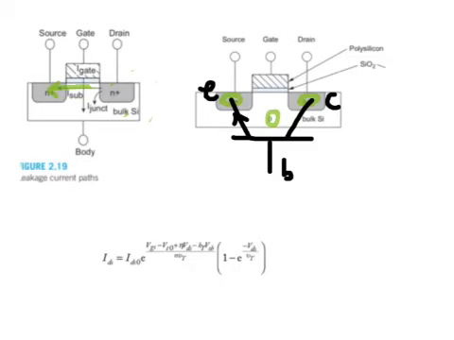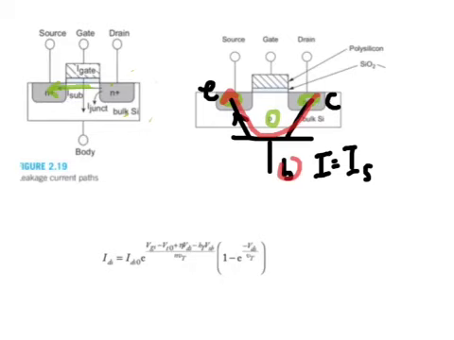We know that current can flow from the collector through to the emitter by modulation of the base, and this relationship is given by I equals IS, where IS is some small